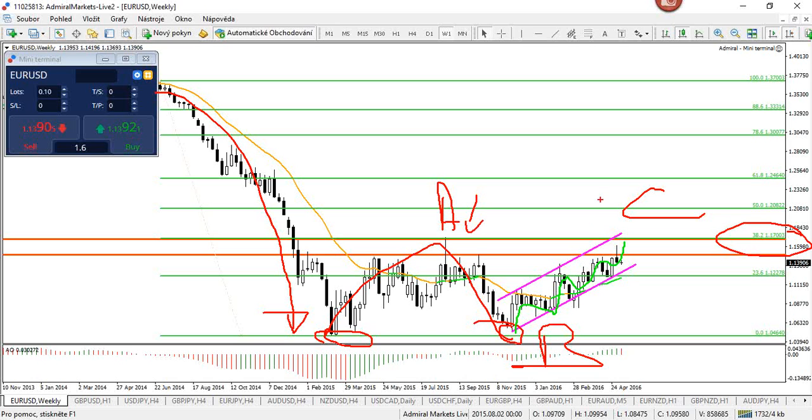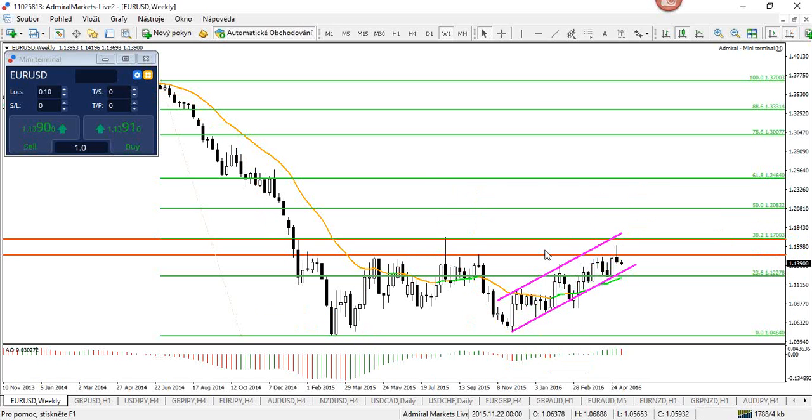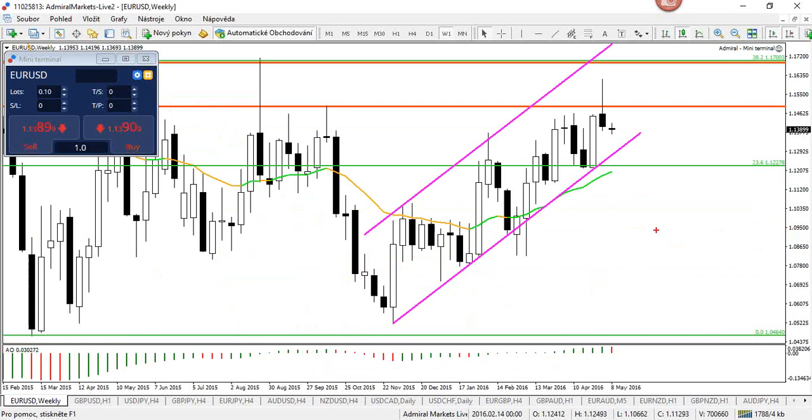This could be a double top. So there are a lot of things that confirm, I would say, a potential turn. Now, if this is going to be invalidated, I would need to see price basically just break above here, and then things are different. Then this is maybe just a